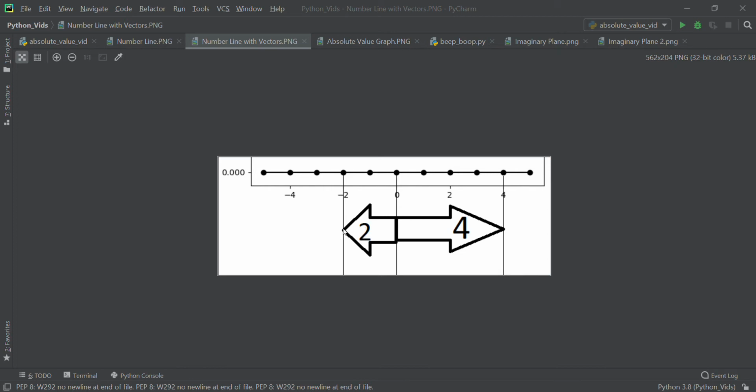If I were to cut this and paste this on the right side, it would still have that same length of 2. So, what direction is it going? To the left? Sure, but who cares? We only want the magnitude of the arrow right now, the absolute value, which is 2, and it's going to be a positive 2 if we were to say this is the absolute value